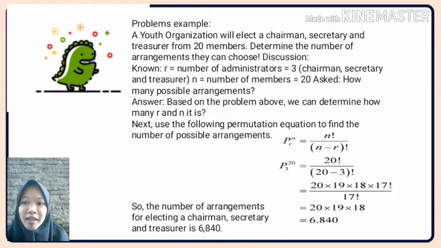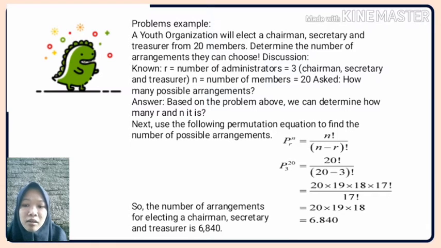Permutation of r from n elements equals n factorial divided by the difference of n and r factorial, equals 20 factorial divided by the difference of 20 and 3 factorial, equals 20 times 19 times 18 times 17 factorial divided by 17 factorial, equals 20 times 19 times 18, so equals